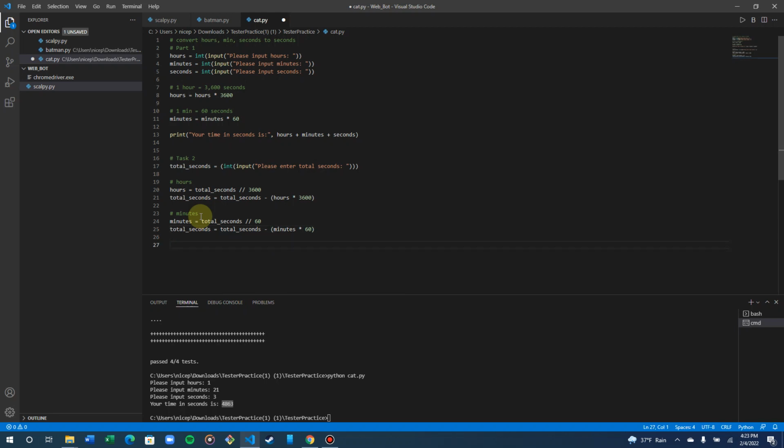Lastly, we don't really need to convert seconds to seconds, but to stay consistent with our variables, I'm going to say seconds equals total seconds. That's how many is going to be left over after these subtractions, if there are any. And lastly, I'm going to say print, and I'm just going to list everything out. So hours,